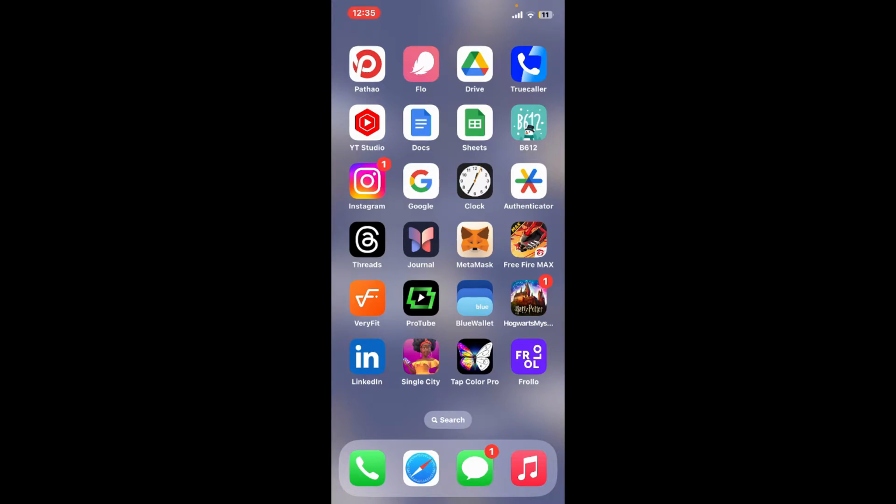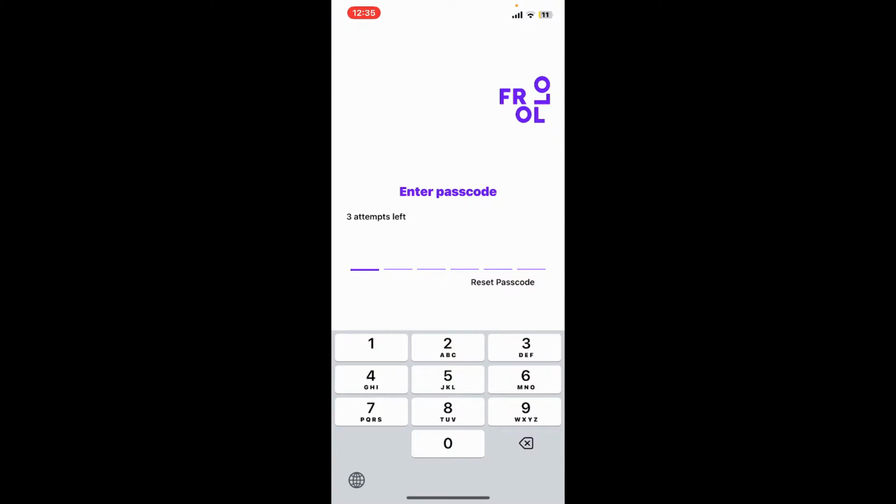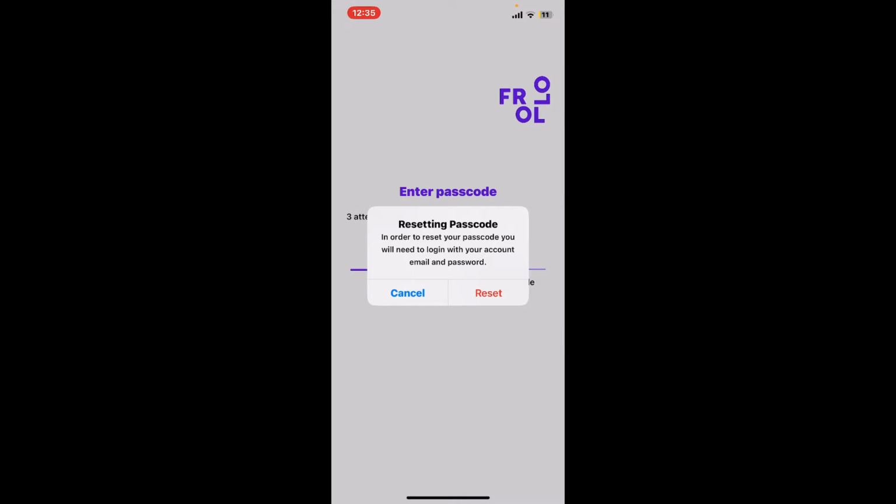First of all, tap Open Frollo application, which will then prompt you to enter your passcode. If you don't remember your passcode, then you only have 3 attempts in order to type in the correct password for Frollo. If you don't remember your passcode, simply tap on the Reset Passcode link and in the pop-up tap